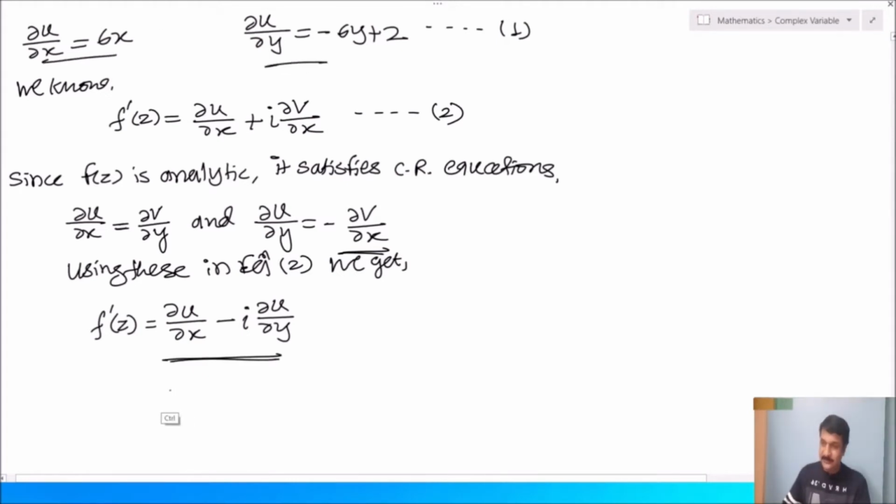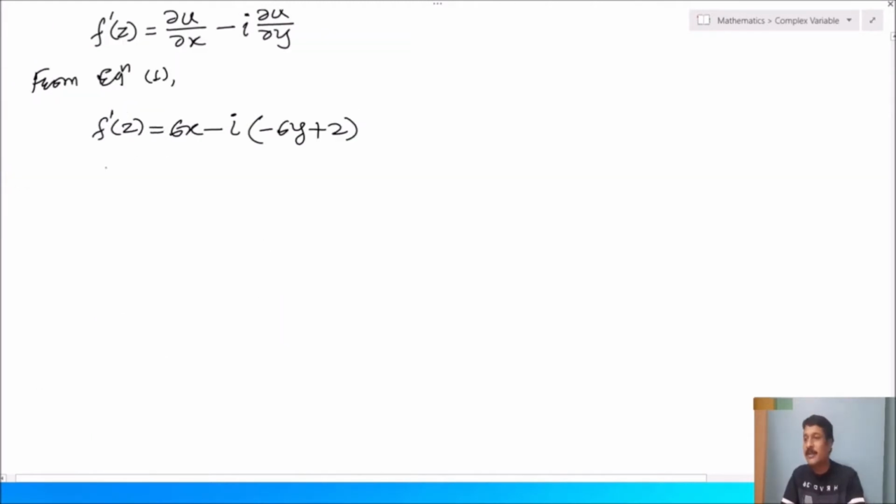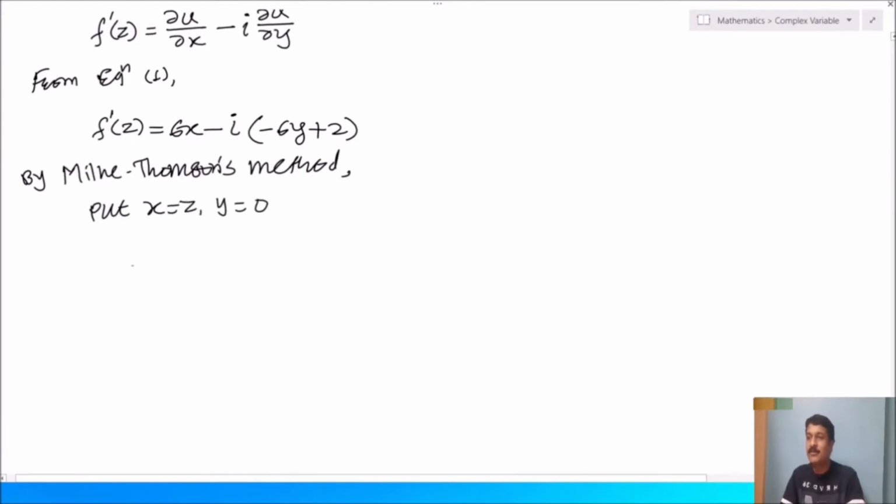So from equation 1, f dash of z equal to del u by del x, which is 6x, minus i del u by del y, which is minus 6y plus 2. Convert into z. By Milne-Thomson's method, put x equal to z and y equal to 0, and therefore f dash of z equal to 6z minus i(0 plus 2). So f dash of z equal to 6z minus i